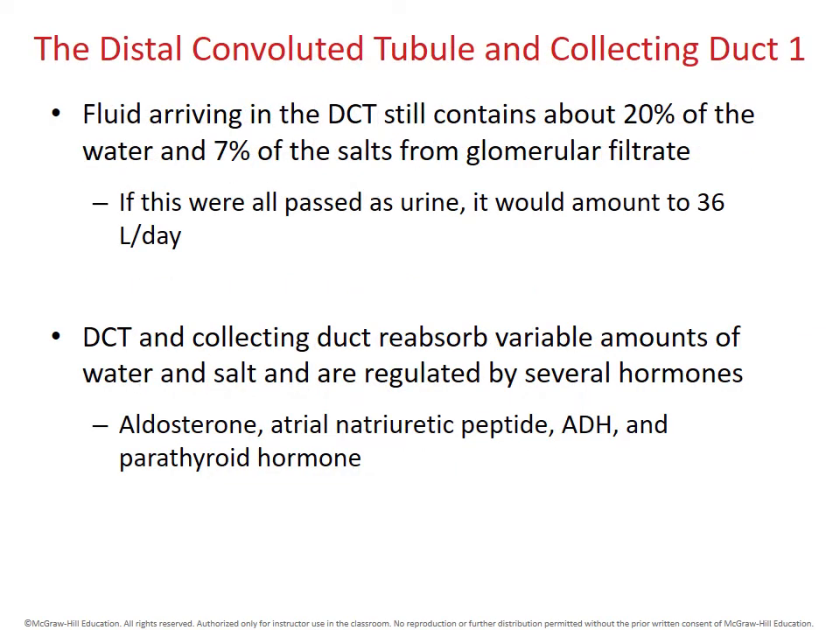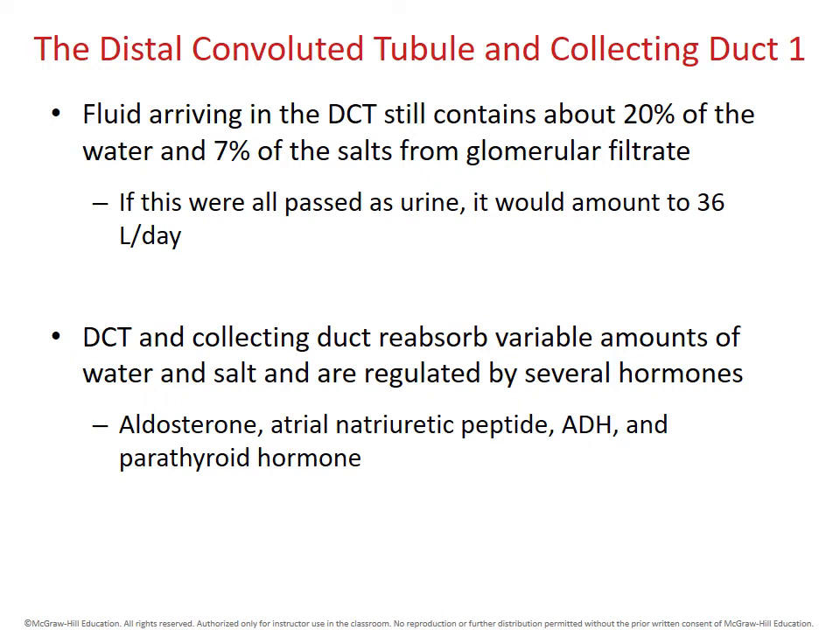All right, so after we get through the loop of Henle, and we've drawn some sodium and chloride out of the fluid and reabsorbed some water, we get to the distal convoluted tubule. The distal convoluted tubule still contains a significant amount of water and some salts that need to be reabsorbed. And if we did no more reabsorption at this point,